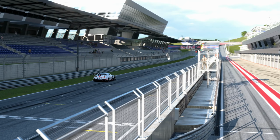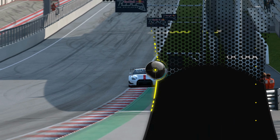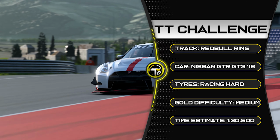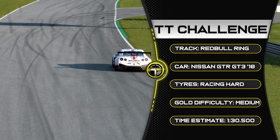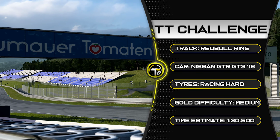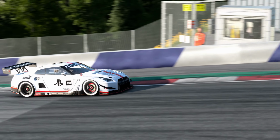Yes, unusually, this was released on a Monday rather than a Thursday, and it's to celebrate the new Gran Turismo film that is coming out. We're doing the Red Bull Ring here in the new liveried Nissan GTR GT3 car, racing hard tyres. Gold difficulty, I'm going to say, is medium. It does like to spin its wheels. And the estimate, because it's such a long time trial, 50 days, is going to be around a 130.5 as a gold estimate. That time's going to keep being nibbled down by those that want to get rank 1 on